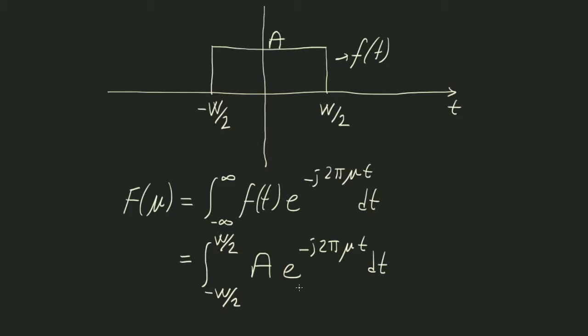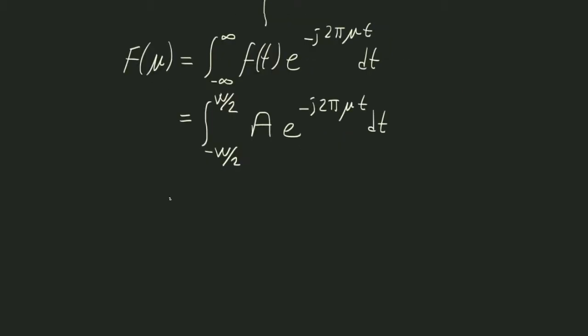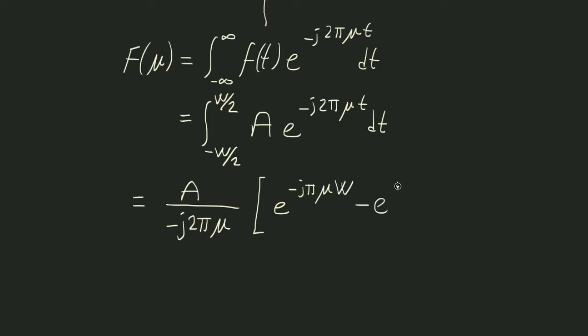This has turned into the integration of a complex exponential, which is well known, and this is equal to a over minus j 2 pi mu times